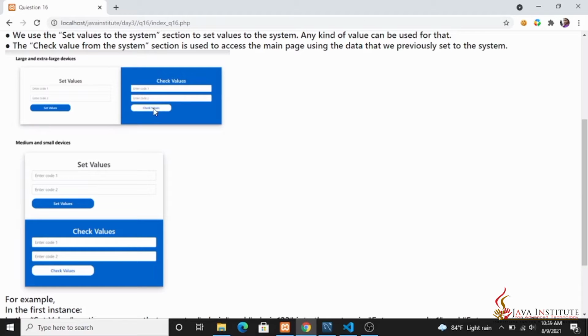Then after that, clicking this button, if the values are equal to the values that I have set before, I should be able to go to the main page with the usage of those 2 codes.